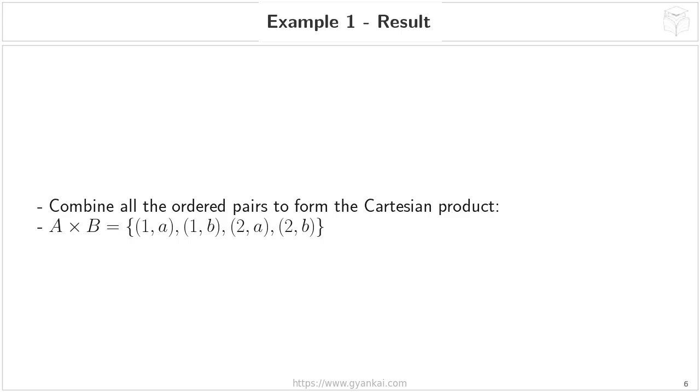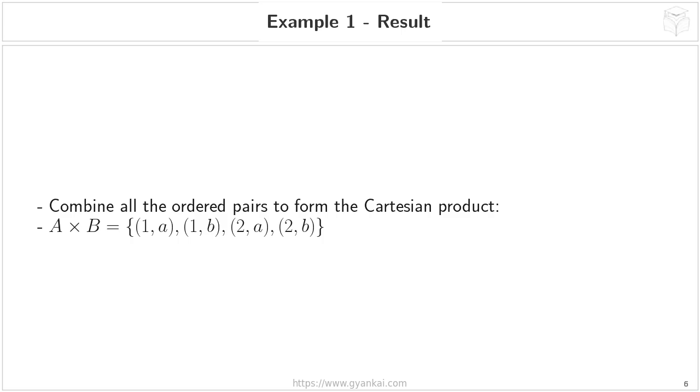So, looking at the slide, we have A cross B equals the set containing the following elements: 1A, 1B, 2A, and 2B. Let me break that down again. We started with 1 from set A and paired it with both A and B from set B, giving us 1A and 1B. Then, we moved to 2 from set A and paired it with A and B again, resulting in 2A and 2B. This collection of all those ordered pairs, 1A, 1B, 2A, and 2B, is the Cartesian product